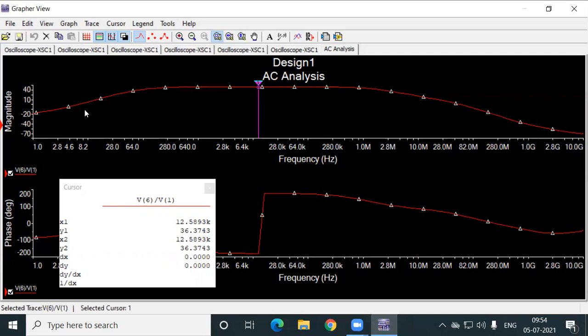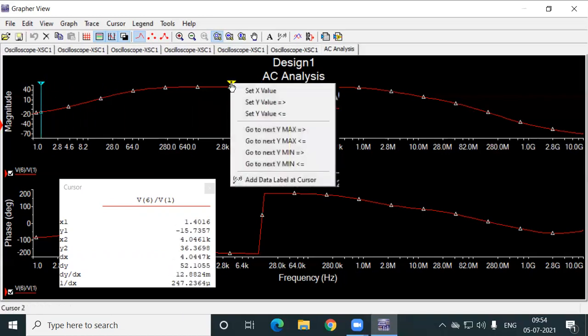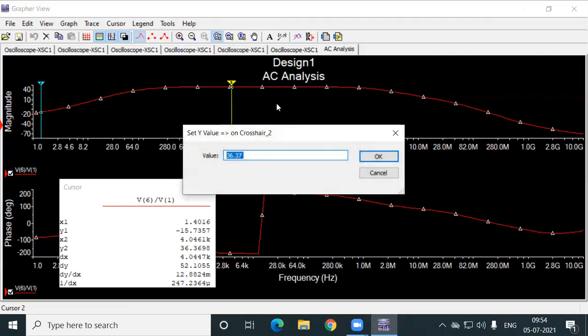You can keep it there only and go to the cursors, press on the second cursor, set Y value, where the arrow is facing the right. So minus 3 dB value should be given here. Minus 3 dB means maximum gain minus 3. Maximum gain is 36.37. If you have any doubt, it will be showing in your dialog box also.